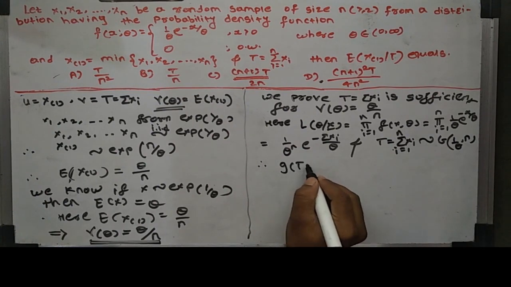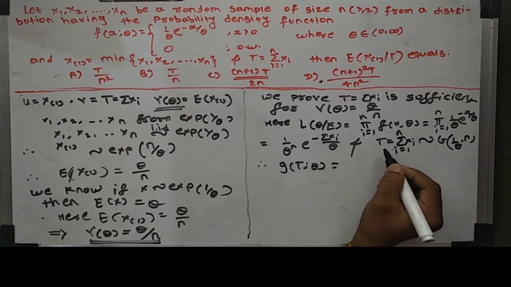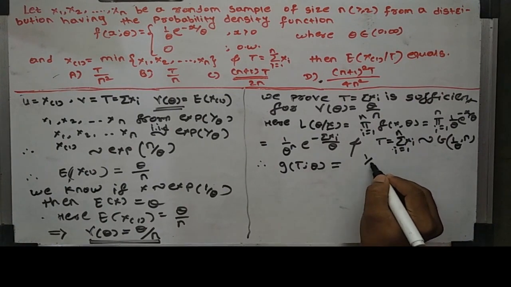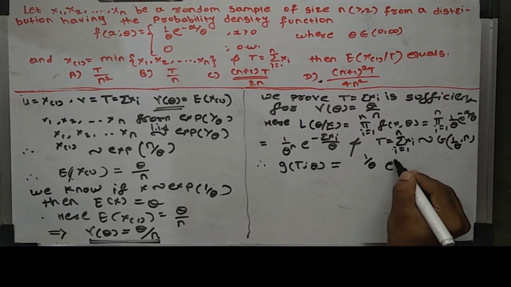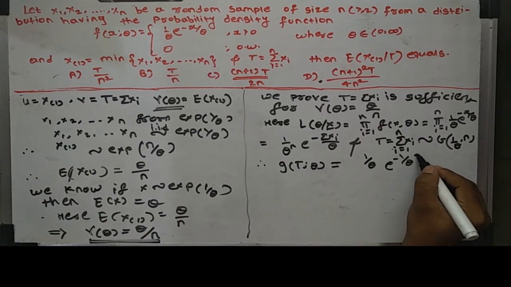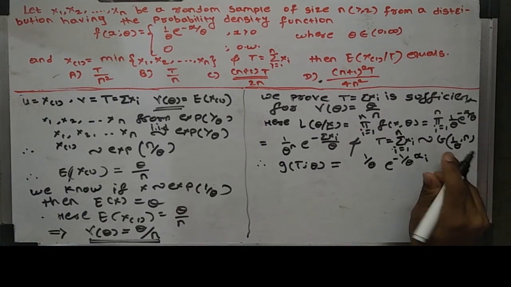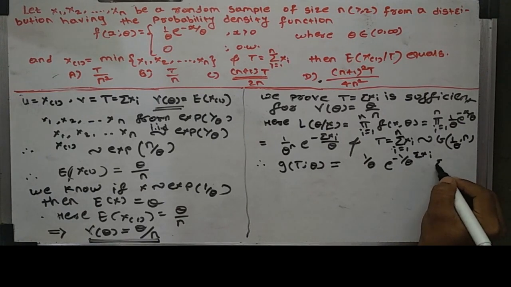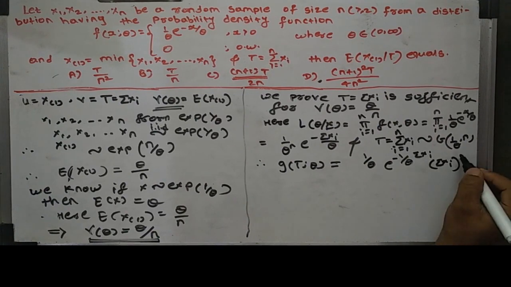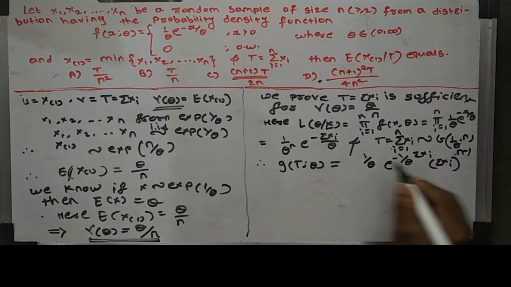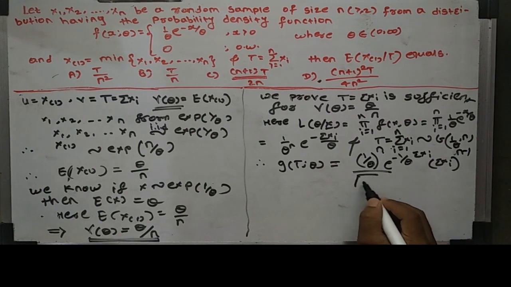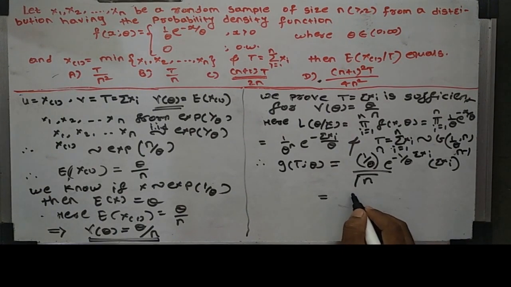Therefore g of t comma theta, that is the density of the statistic t, is equal to 1 upon theta into e raised to minus 1 upon theta into summation of xi, that is t, into summation of xi raised to n minus 1 into 1 upon theta raised to n upon gamma n,